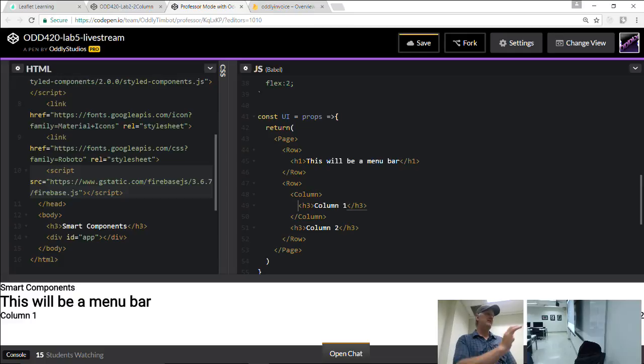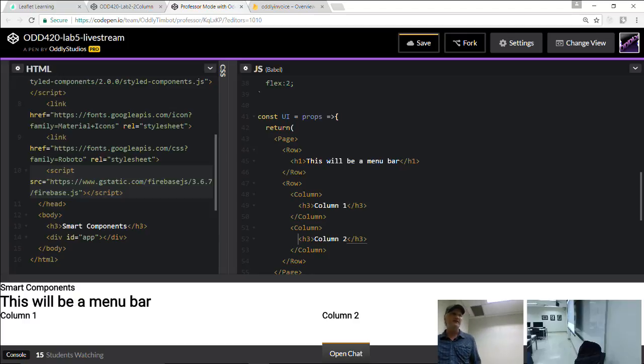So he's trying to take all the flex room. So he's pushing over the other guy. So here's how we fix that. So we make them even. I'm going to put him in a column as well. Then they'll split the space evenly because they're both columns. There we go. It's not bad, right?